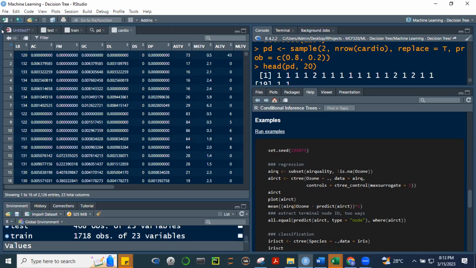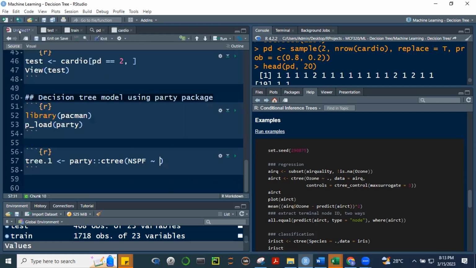But what we're going to do is just use these 3 variables lang, LB, AC, and FM, in order to model or predict yung NSPF na categorical variable.